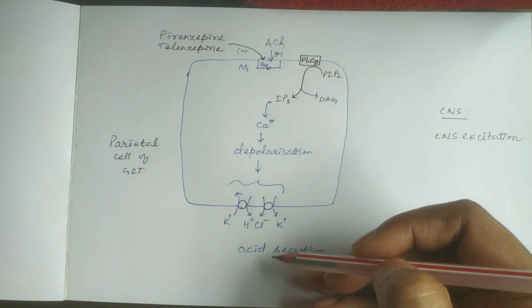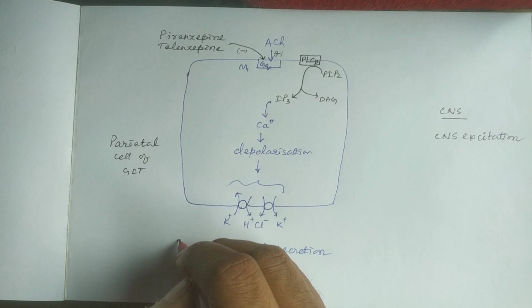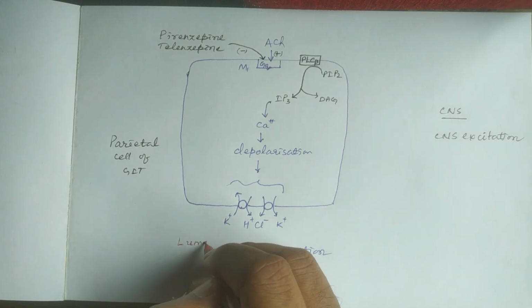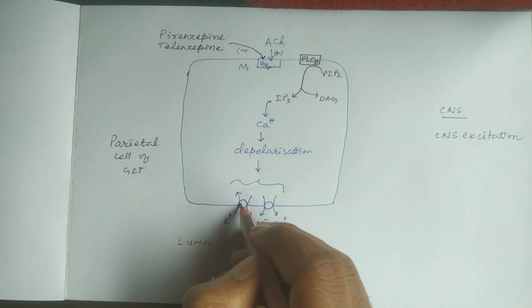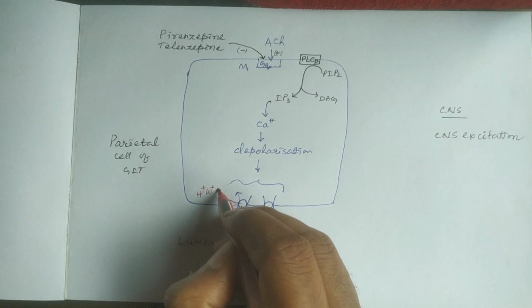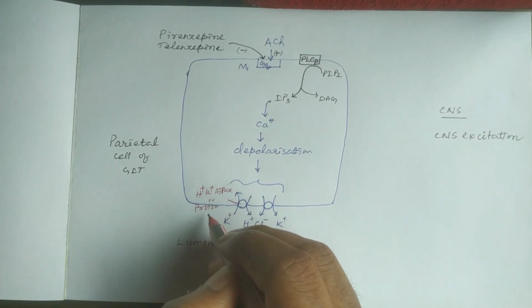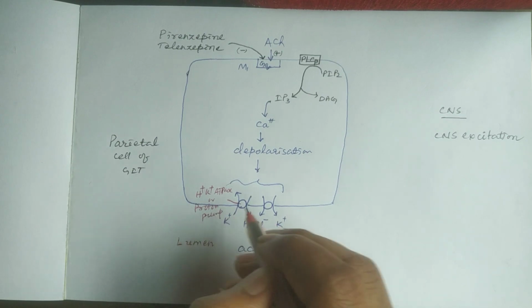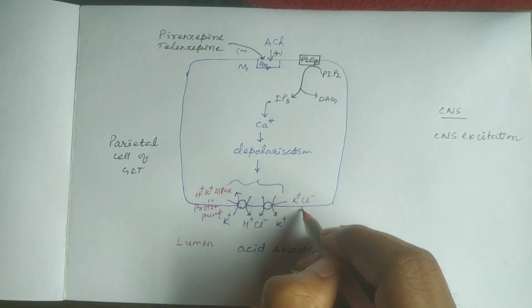As we know, the acid is secreted into the lumen. So if this is the parietal cell, this is the lumen. Into the lumen, the acid is secreted through the proton pump. We call it the proton pump, or H plus K plus ATPase. This enzyme is also called the proton pump, and this is a symport called potassium chloride cotransport or symport,